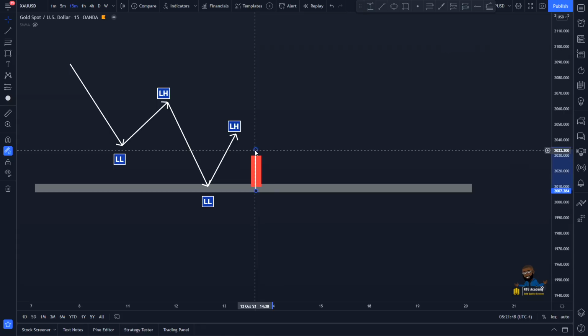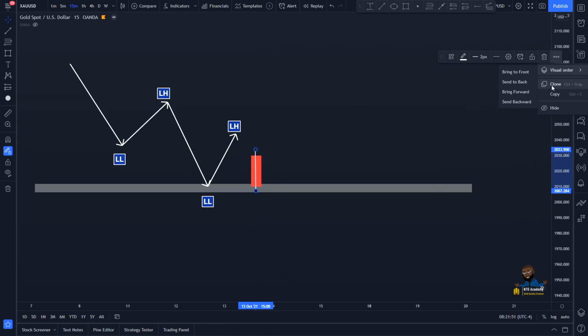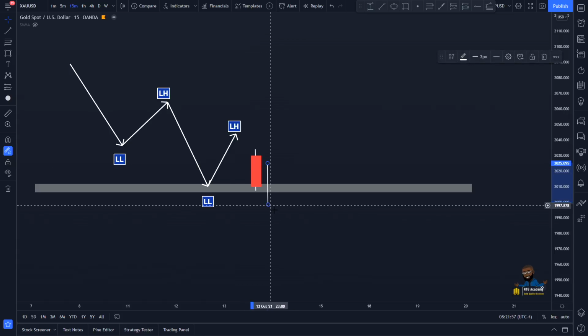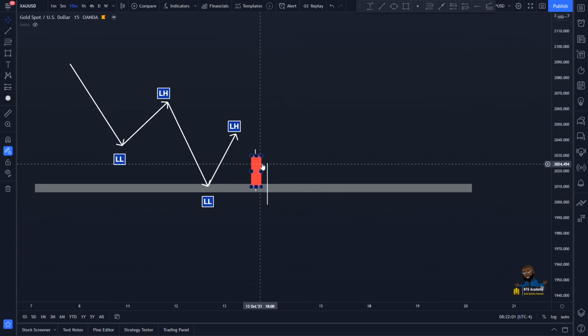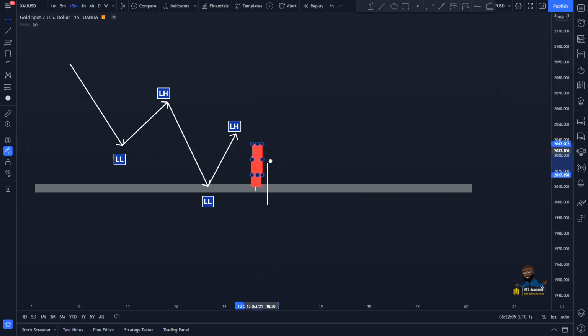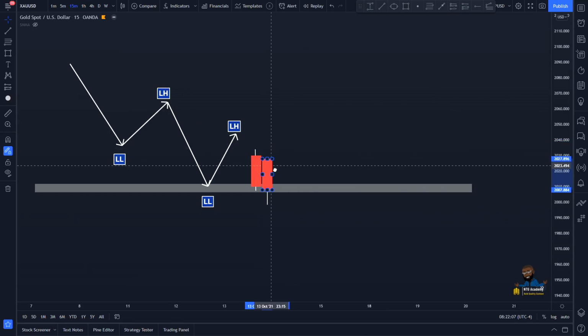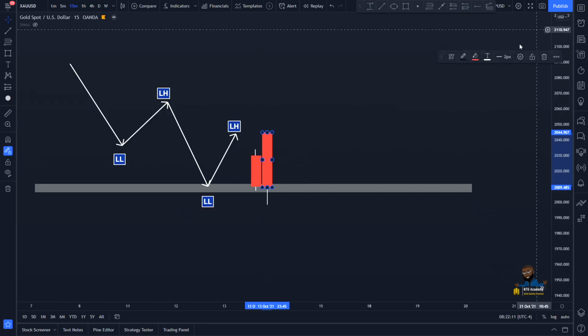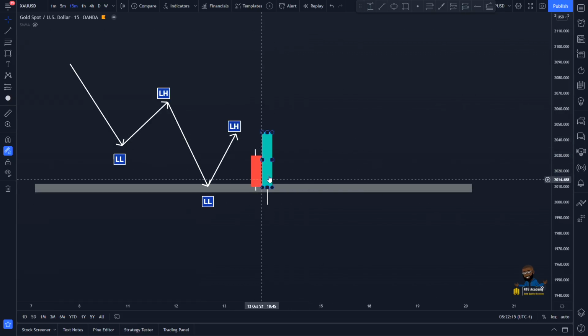Normally what happens is the market tests that support. It will show some sort of signs of support right there. So let's go ahead and clone that. So it's going to show some signs of support. So it's going to be blue. And this is when traders start to buy without knowing what's going on in the market. They start buying,